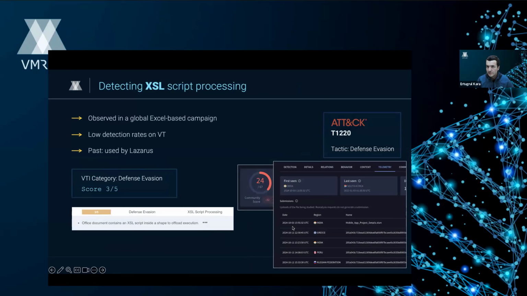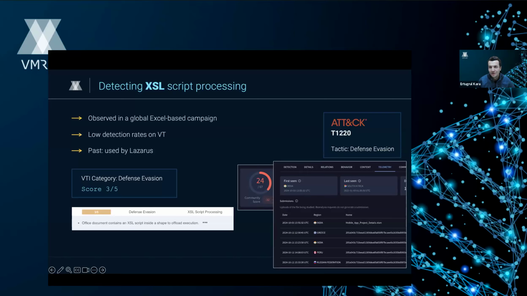Next one. This is not one of those techniques you see in everyday malware, everyday campaigns. And looking at the public historical reports and MITRE page, APT groups like Lazarus, North Korean Lazarus, made use of it in the past. And actually, I will ask for some more context from Patrick here, but in a second.